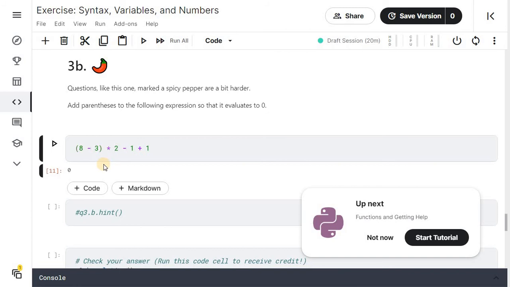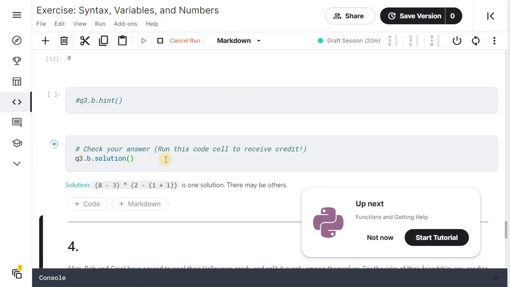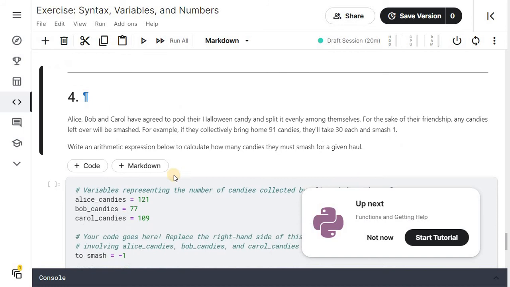Then we will compute 1 plus 1, which will result in 2. 2 minus 2 will result in 0. So what we are doing, we are multiplying 5 by 0, so resultant value will be 0. You can check the solution. You have 8 minus 3 into 2 minus 1 plus 1.